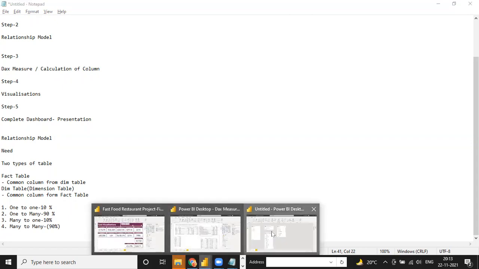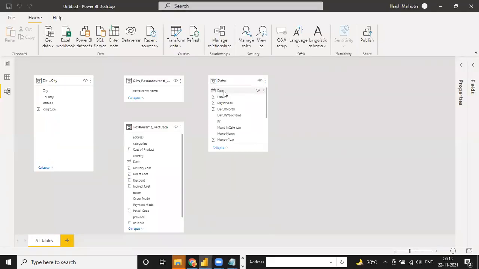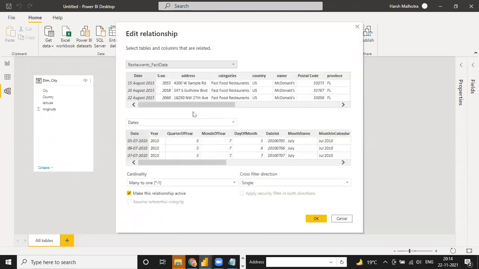So in this project, see, if I connect this date table to this date table, it means both have the common column. Select this common column from this date table, select the common column from this fact table and connect, and now it is connecting. You can see directly that this relationship connects date to date, and click on this line item.